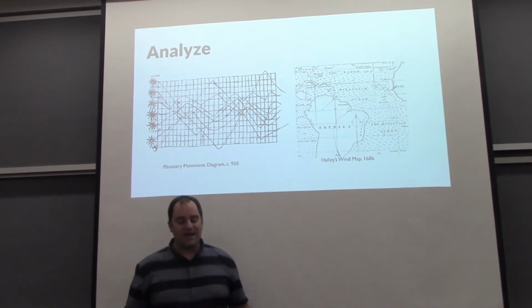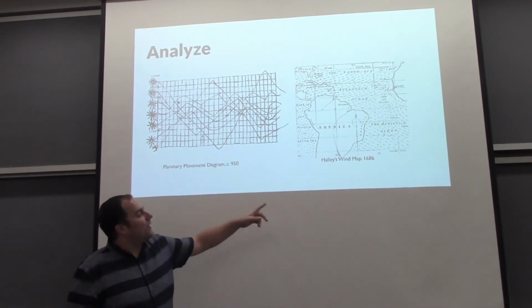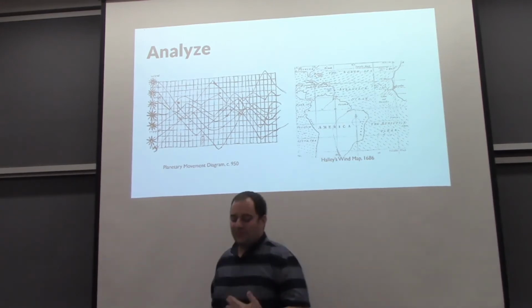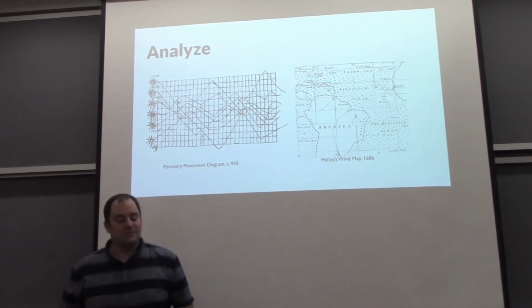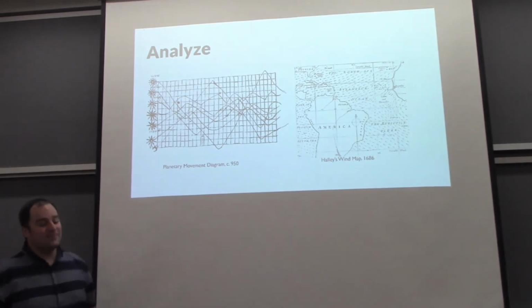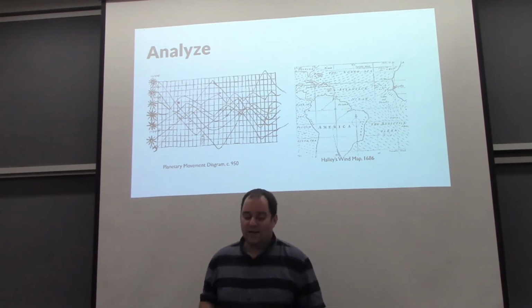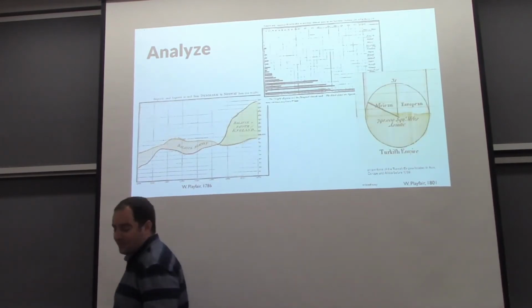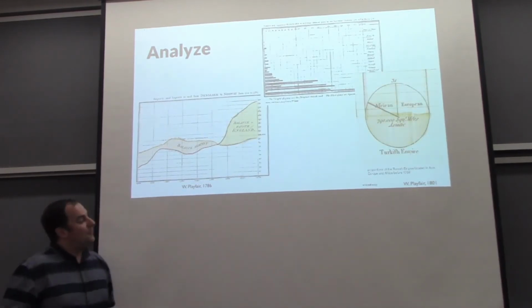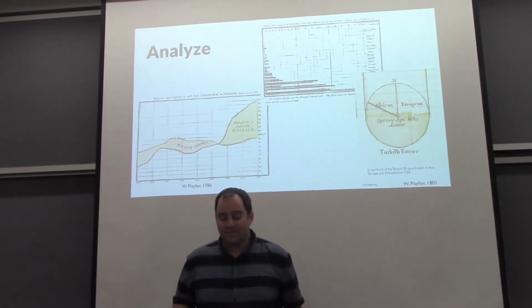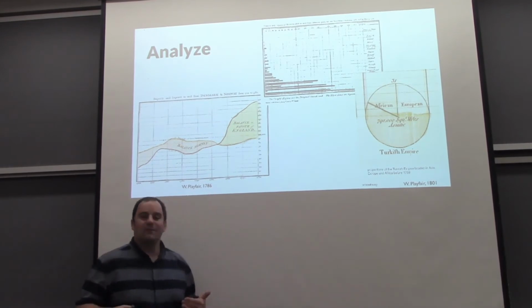So here we have a planetary movement diagram, or a wind map, which was of course very important for sailors to understand the major trends of winds between different places. So these are early examples of when people tried to codify abstract information. A very, very important person here is William Playfair, who was British, and he did an analysis on various economic